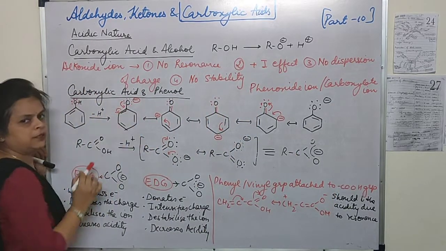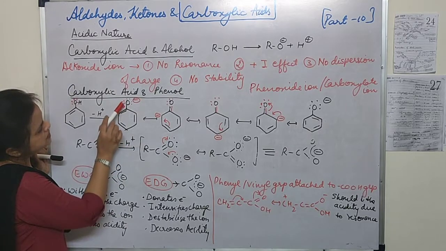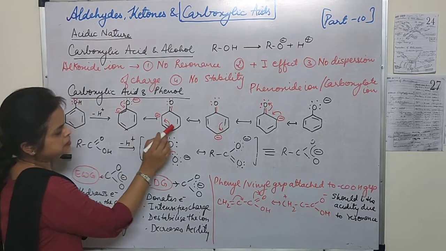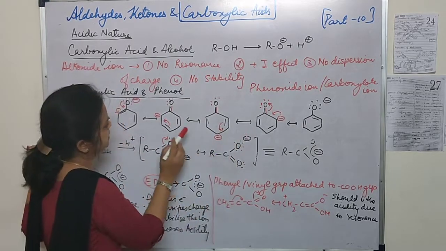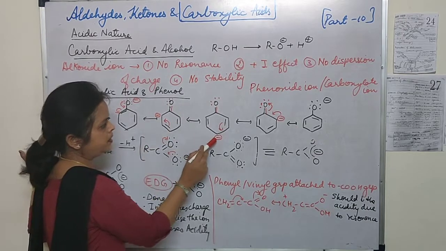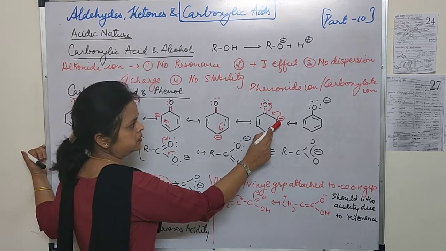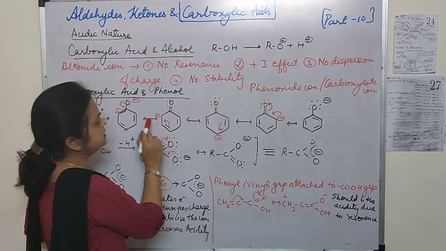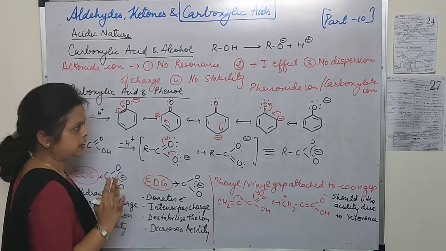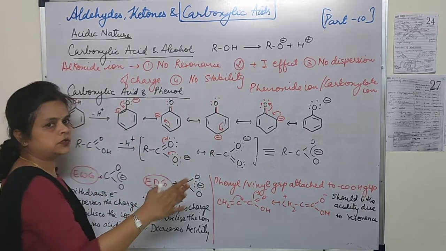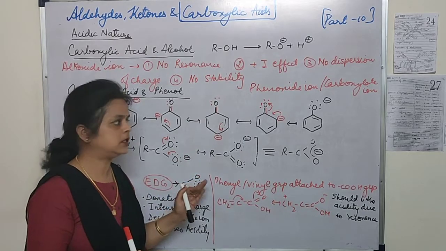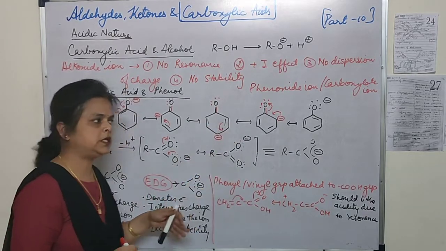Okay. Now, first we will take the phenoxide ion. The negative charge is carried by the oxygen. Now this electron pair moves towards the benzene ring, and in the different resonating structures you can see the negative charge is present at the ortho, para and ortho positions. So here we have the negative charge present in the ring, on the carbon atom. So this is showing resonance. So the question comes, ma'am, this is showing resonance, so it should be acidic. But let's see the carboxylate ion also.